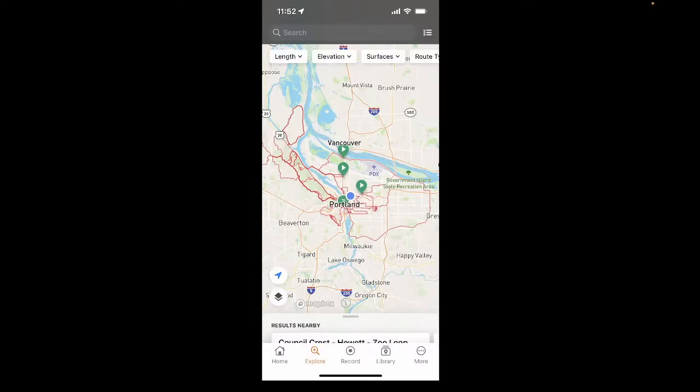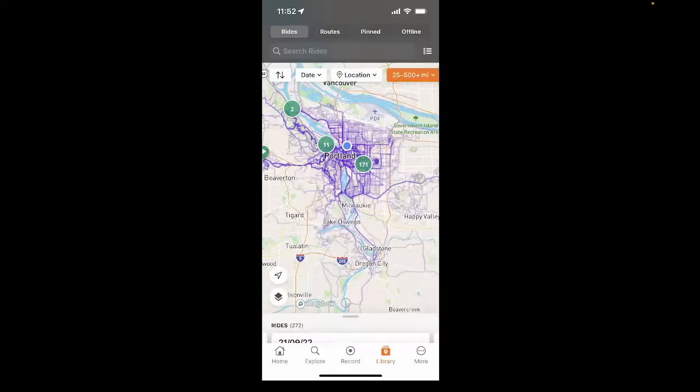And we like this map type a whole lot. And so we thought, what if we had a way to show this map type, not for public routes that other people have created, but perhaps for my own routes that I've created, or my own rides that I've recorded and saved to my Ride with GPS account. So we've added those map views in the library. So at the bottom of the page on the app, you can tap Library, and let's